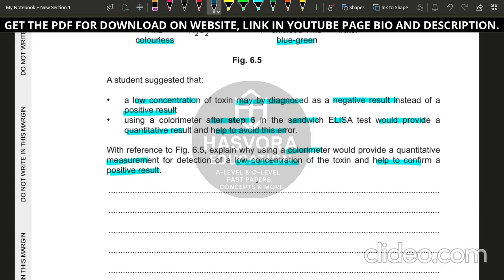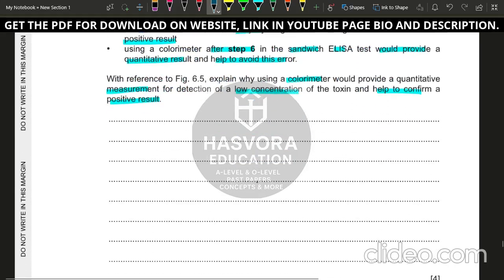Okay, but if it is a colorless liquid, then there will be no absorption, and it means that it has no concentration of that given chemical. Okay, so that's how the colorimeter works, and that's how you can deduce the concentration of something to help confirm a result. So you can just write it as